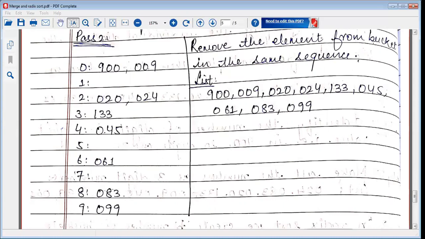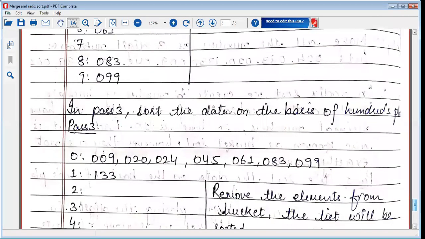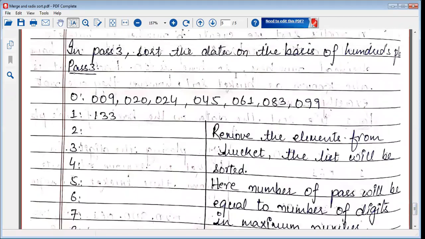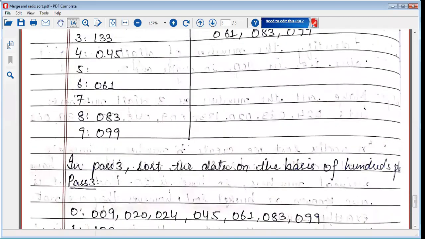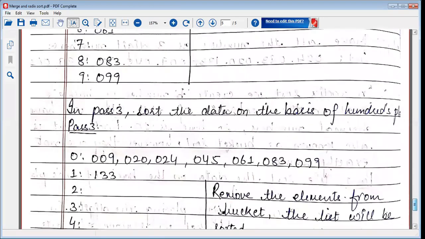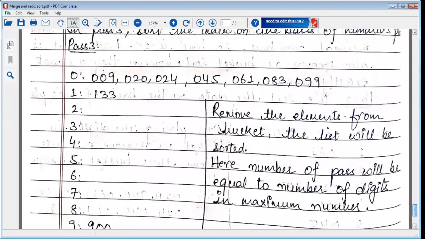Take this value, and now as you can guess that now we are supposed to work on the 100th place. So this is an input, work on the 100th place. So start with the input that we have. So this is the list we are going to process upon, whatever is the output from the previous pass. So again, we will have 0 to 9, 10 number of buckets. Start from this value. So this is going to be stored at bucket number 9. So simultaneously, we are storing the data. 900 goes to bucket number 9.